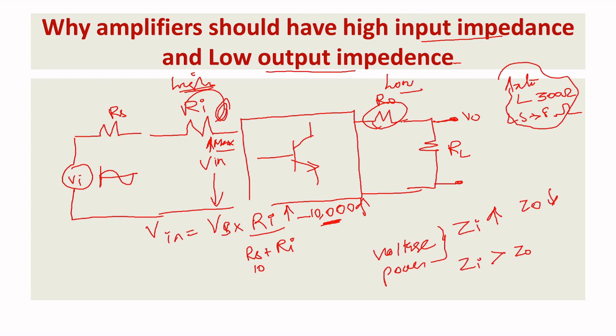That is the output impedance point. So whatever signal you have amplified, it should be received in the output section without undergoing any drop. That is a very important point I want to insist on here. But in the input section, we want to get our input signal maximum to the input port of your amplifier from the source signal. Okay, so this condition is to be maintained when you are designing your